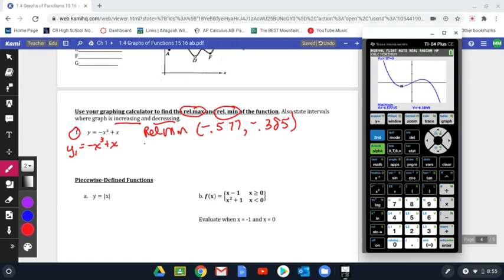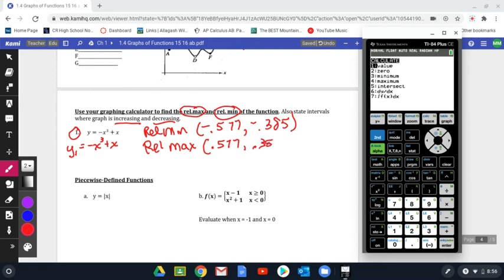Now, just to save a little bit of time, if you're going to do the rel max, okay, you're going to go over to this point, over to the right. You're going to do second, trace, go down to max, and the rel max ends up happening at the positive versions of those. So 0.577, comma, 0.385. Okay? All right, now